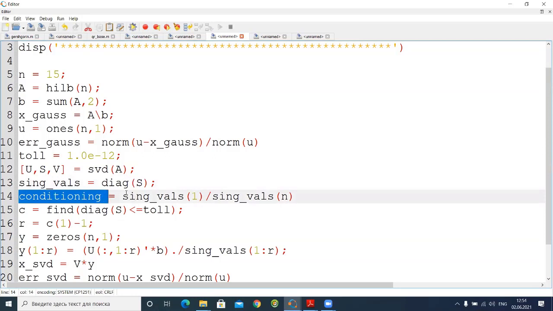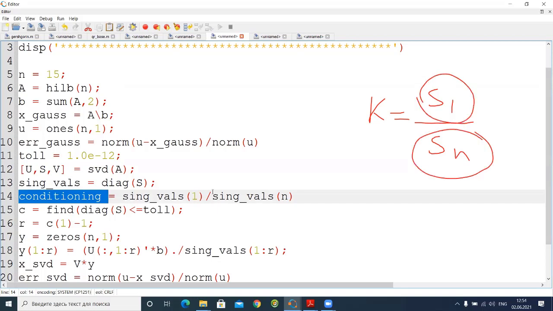So for singular value decomposition, we have this kind of conditioning. So conditioning here equals, by norm of course, S1 over Sn. So first singular value to the last singular value. By this way, we can define conditioning of this